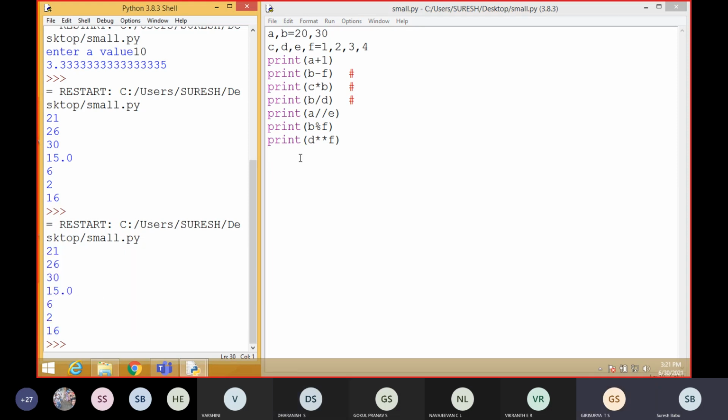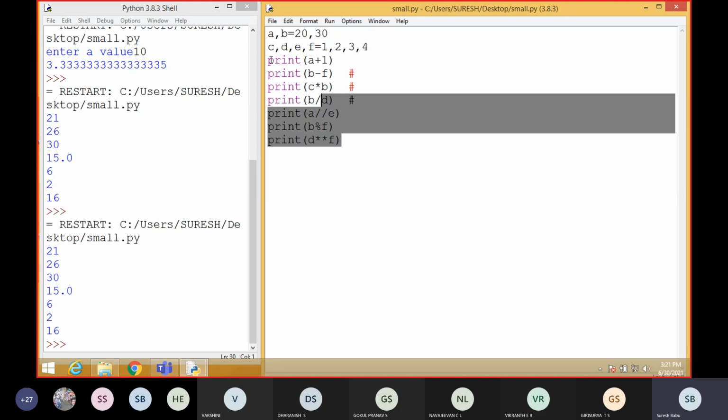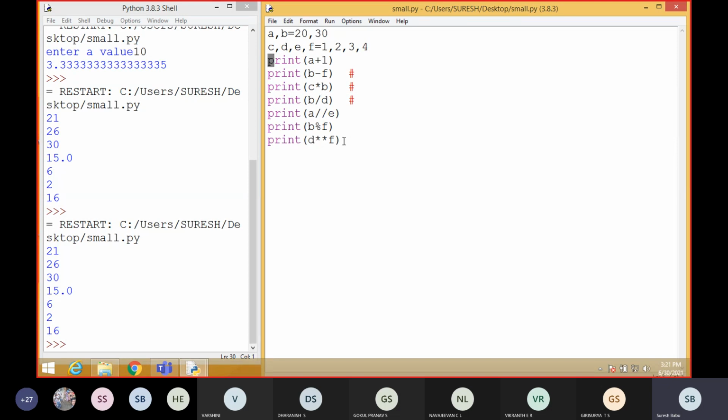So these are the 7 arithmetic operators. For any program, they will do like this only. You need some variables, and these are called expressions. They perform something: addition, subtraction, multiplication, division, anything you can perform using arithmetic operators.